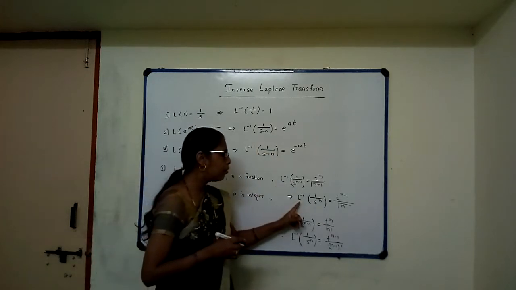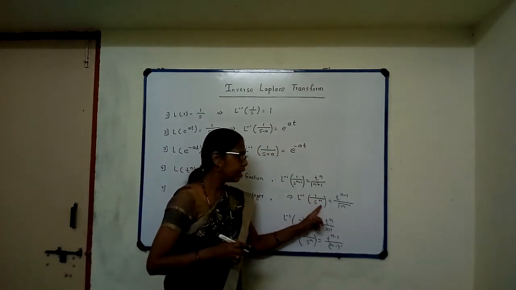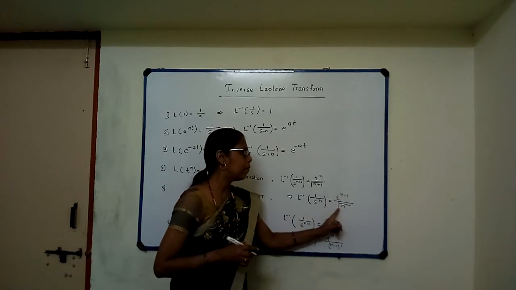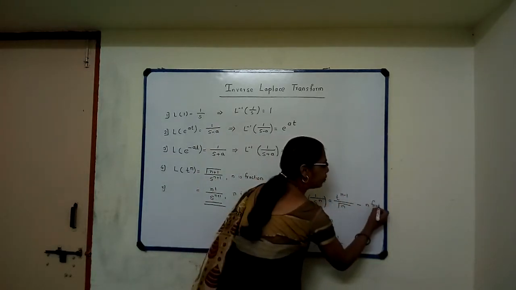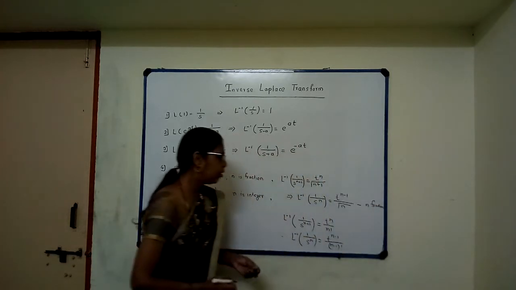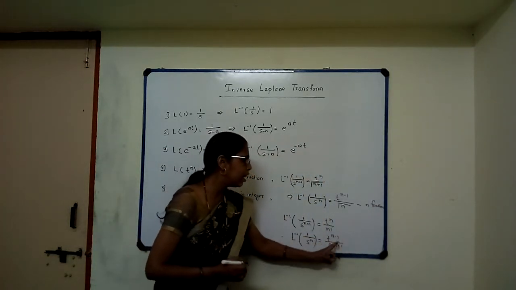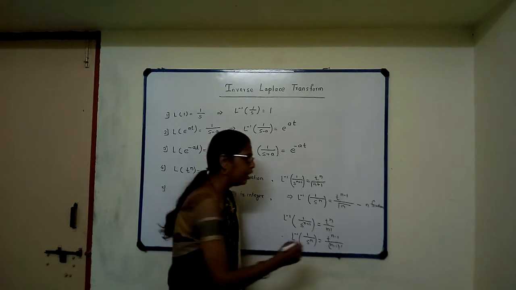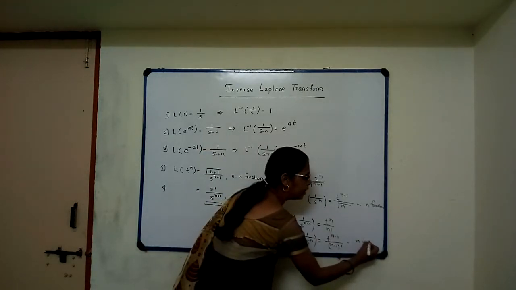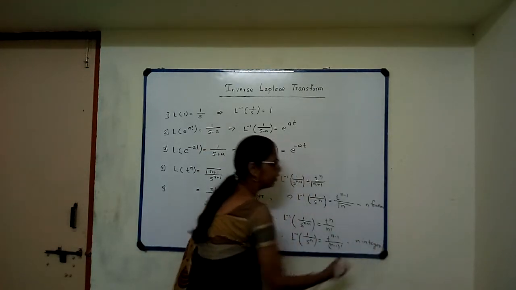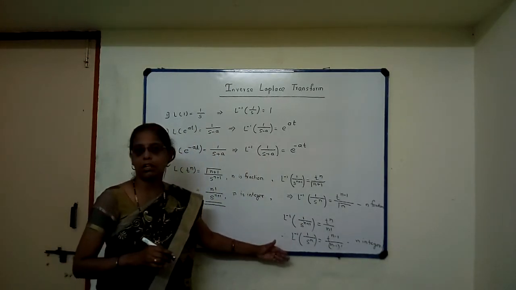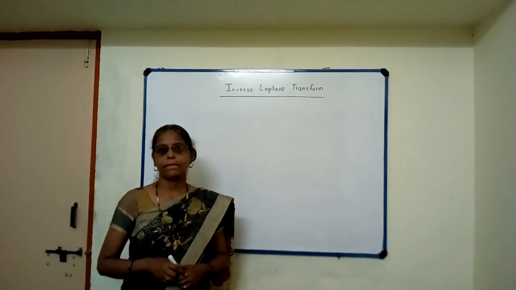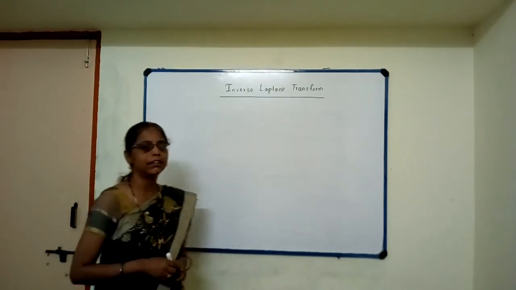Laplace inverse of 1 upon s raised to n is t raised to n minus 1 upon gamma n when n is the fraction, and is equal to t raised to n minus 1 upon n minus 1 factorial when n is the integer. So these are total 5 formulae of Laplace inverse. Next formula for Laplace inverse is